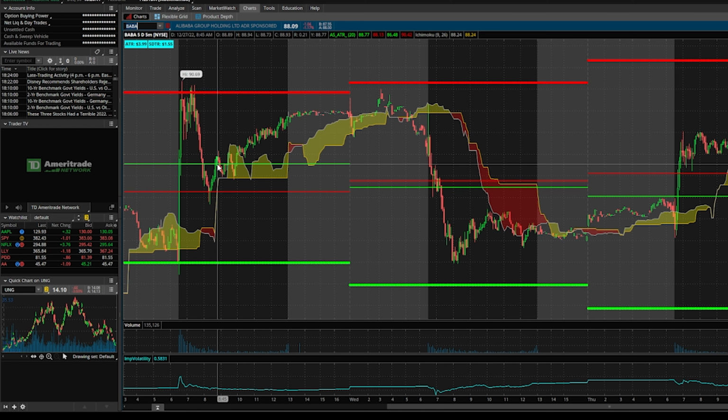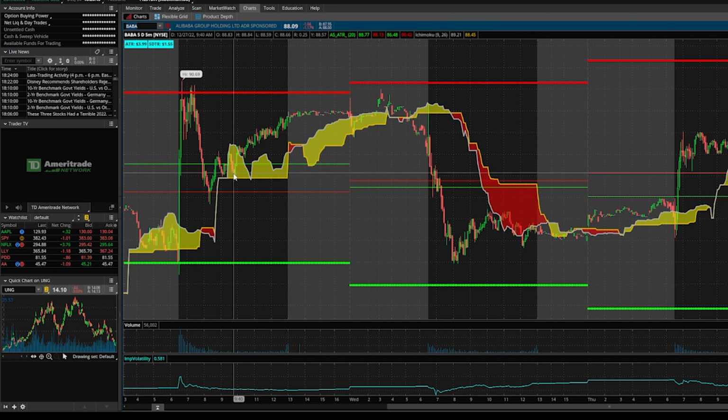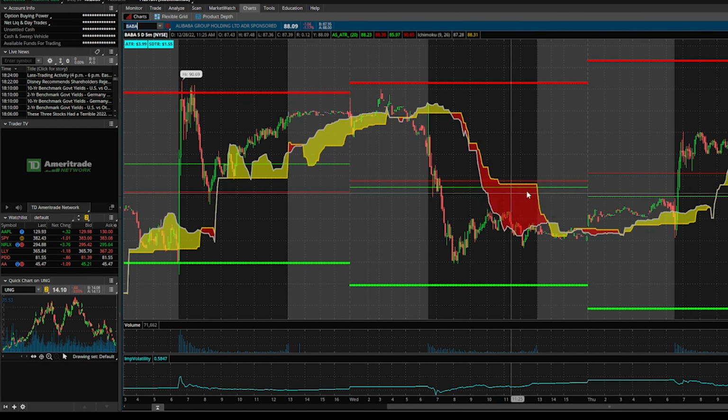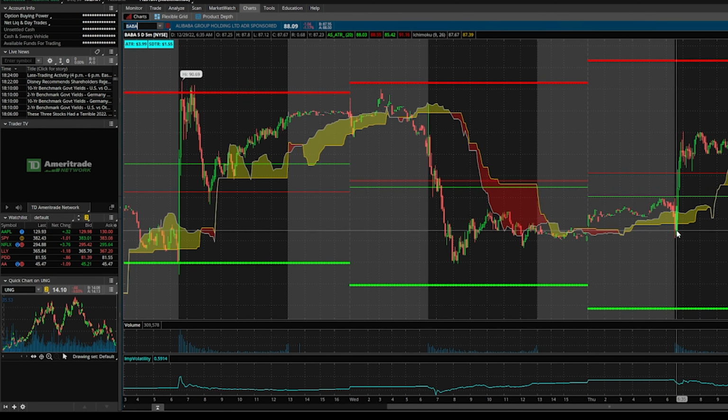And like I said, some people play the Ichimoku cloud breaks where it gets inside the cloud. If it breaks out of the cloud to the upside, then it's a good time to go long. Or if it were to break back below the cloud here, it would be a good time to go short. Even here on this side, it breaks above the cloud. So usually if we're